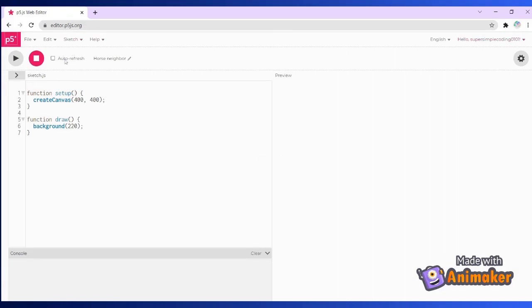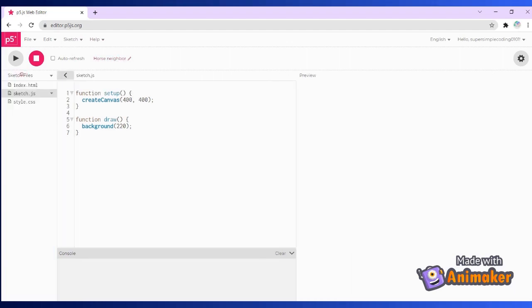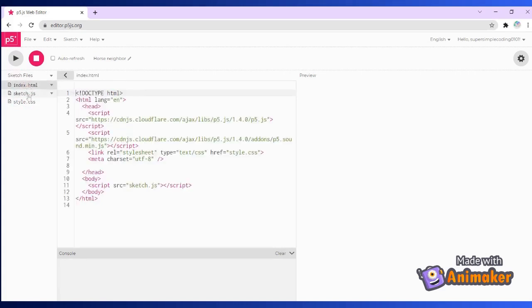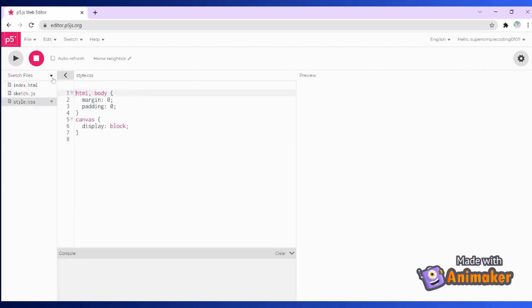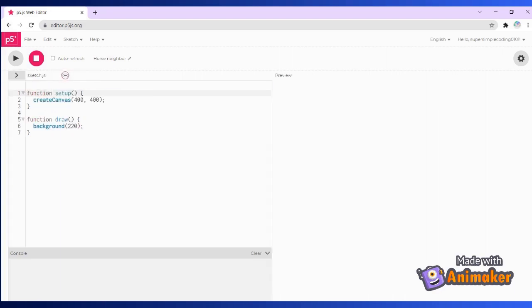Now, every project can have multiple files. This is a project name, and if you click on the small arrow over here, you can see all the files inside this project. Every new p5.js project will begin with these 3 files, and we can keep on adding more and more files for bigger projects. We will look into these files later on, and for the sake of simplicity, let's hide this thing for now. We will write the code for drawing in the sketch file.